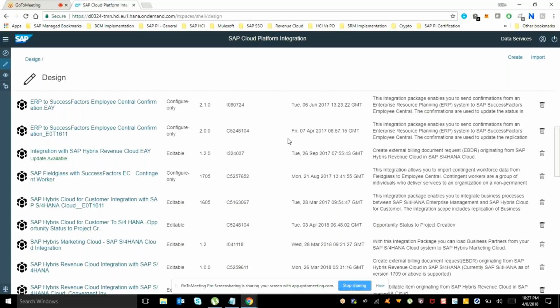That's what, in iFlows we can have the palettes where you can design your own logic. You can write your JavaScript or Groovy script or anything, like if you want to transform the message and it is not possible through your message mapping or XSLT mapping, then you can go for writing the scripts. Not only this, but if you have some requirement where you can fit in using a script, then you can write the logic here. Okay. So this is pretty much the big difference, and it's completely hosted on cloud.